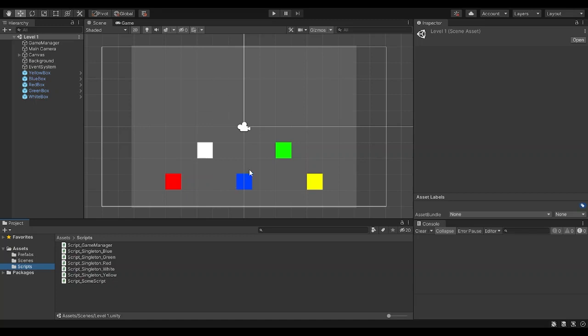Okay, so the script on the blue box will be pretty similar to the one on the green box, but we will not use it. It will be somewhat different, and I will show you all the scripts in a moment. I will also put a link in the description, okay, so you can download the script, you can use it for whatever you want, doesn't matter.